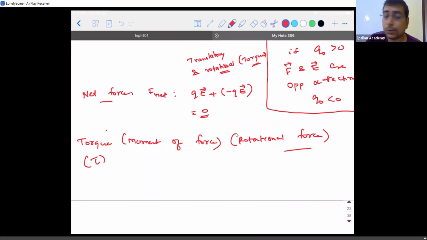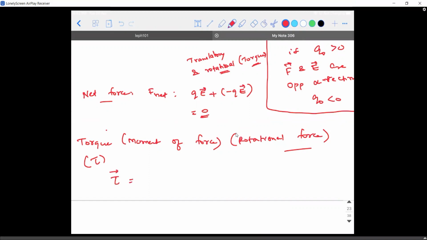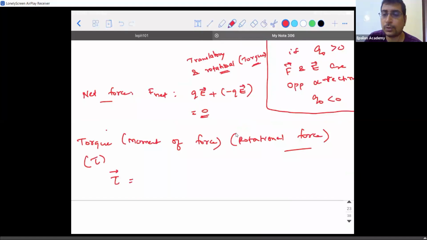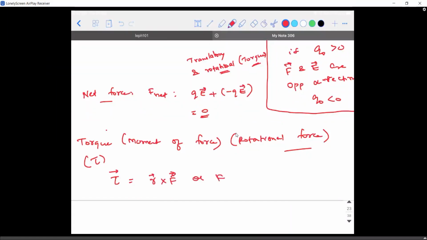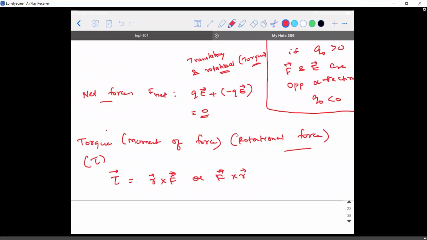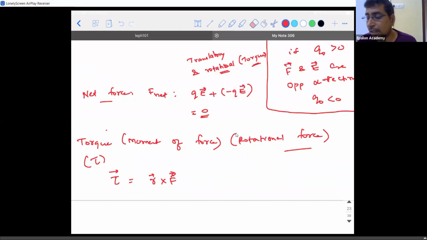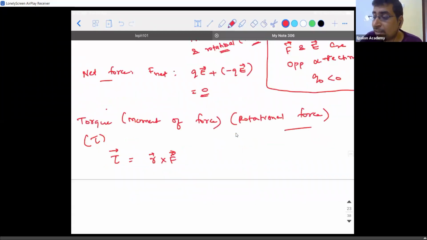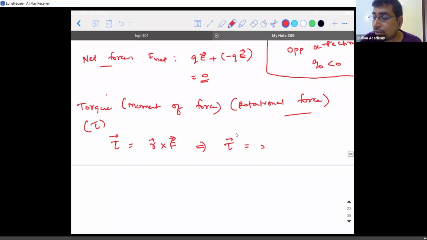So what is the mathematical formula for torque? Torque is RF sin theta. If you write it in the vector form, can I write it as R vector cross F? It is R cross F; that is how the direction is calculated. Similarly, if I expand this, torque vector is equal to RF sin theta multiplied with n cap. What does that n cap represent?